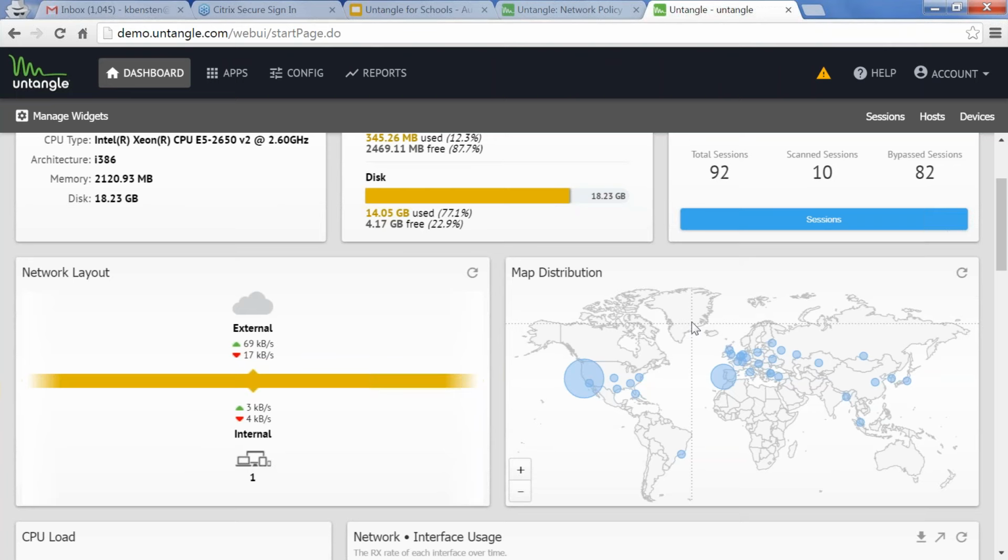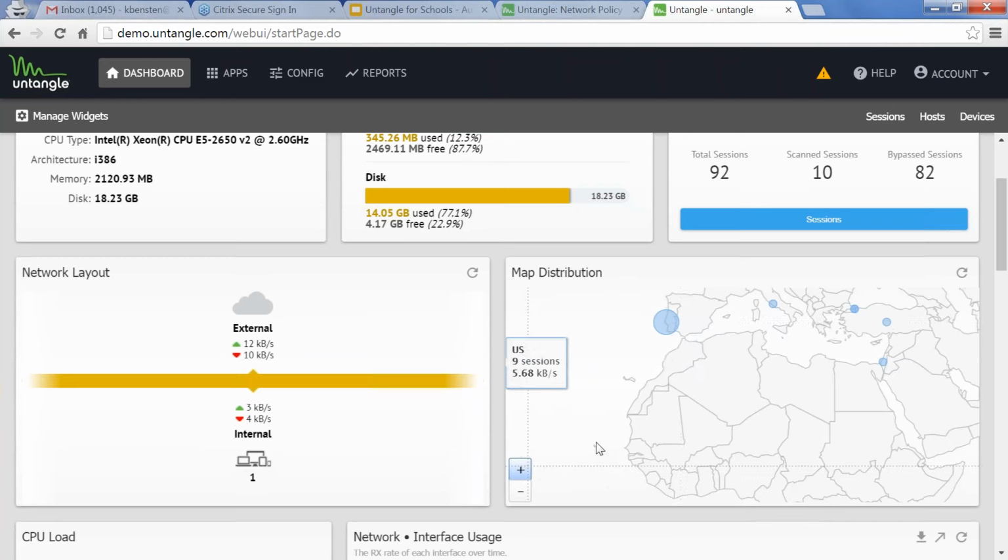We also just launched in our latest version geolocation. So this map distribution really does show you kind of where threats are coming from, where implementations are happening, and this is just kind of like an overview, but you can drill down into certain areas and really see what's actually happening throughout the world. That's a cool feature. This is fully dynamic too, so it's real time. This data is based on your network. Again, this is the demo box, but this will all be customized to your specific network and your needs.